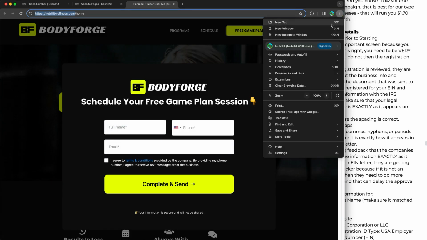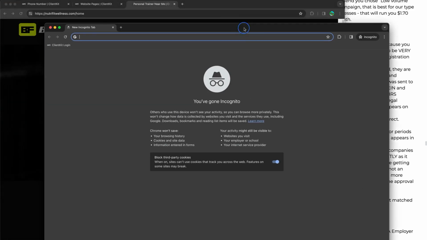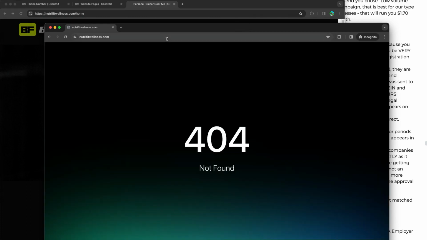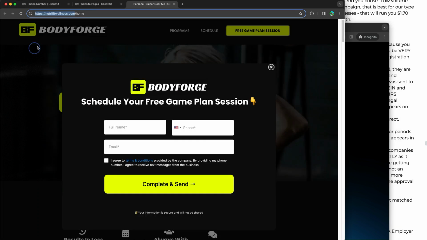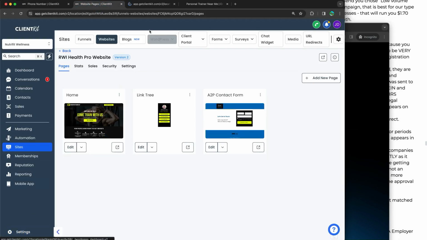And what I like to do is go ahead and open this up in an incognito window and just make sure that, hey, everything is working properly. Oh, look at that. It's not working properly, you see? And so this is the reason why we test. In this case, I think the reason why it's not working properly is because I got to go